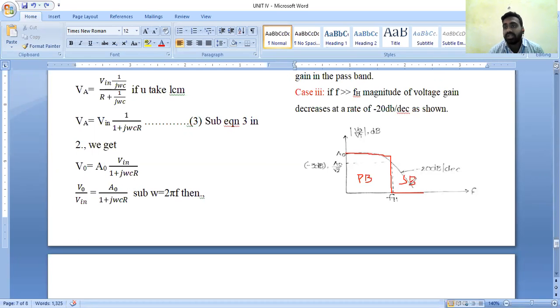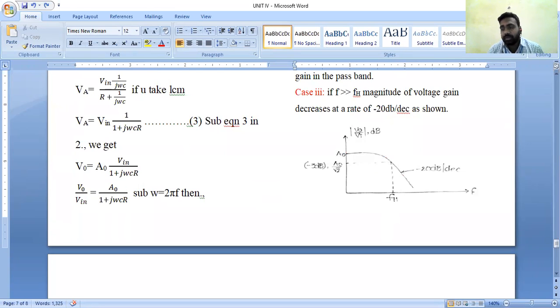Only this constant characteristic will be passed through the first order Butterworth low pass filter. Only this constant region is identified as the pass band region, and the remaining rippled region is identified as the stop band region. Is it clear? So in today's class,